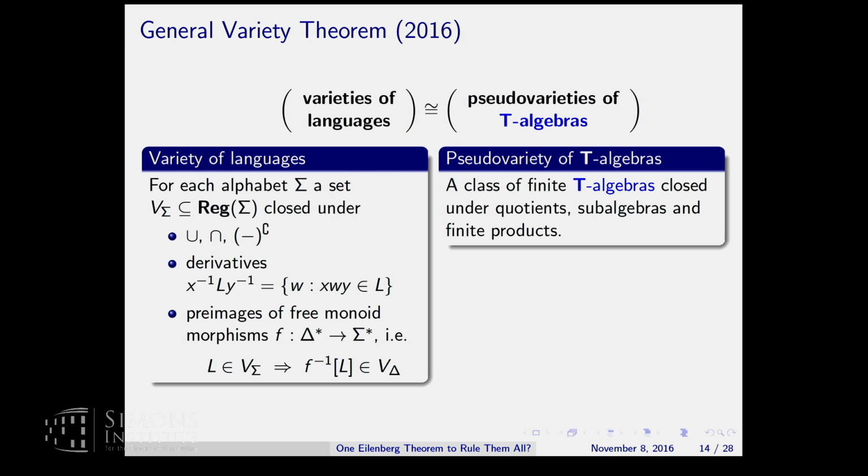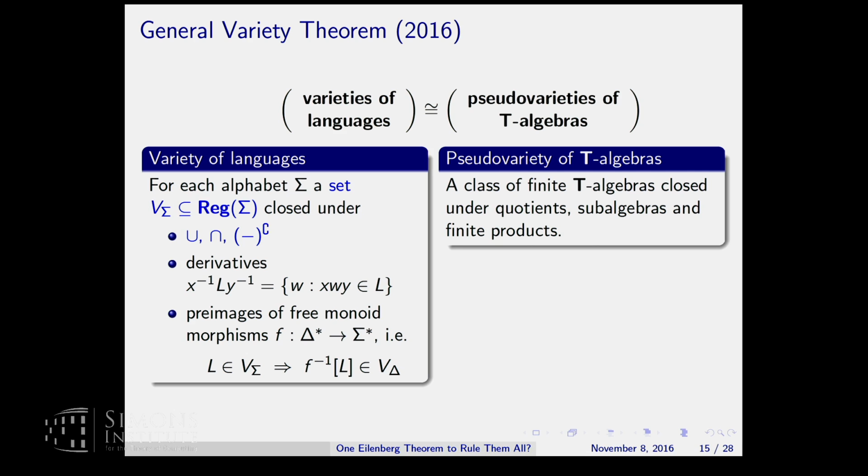Because that's easy. All the closure properties here, quotients, subalgebras, and finite products, make sense for T-algebras. It's just what you know. On the left-hand side, it's going to be a bit more difficult. So first of all,